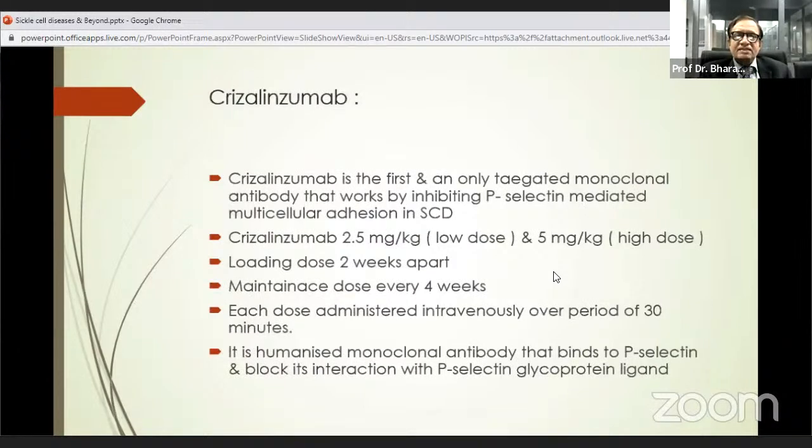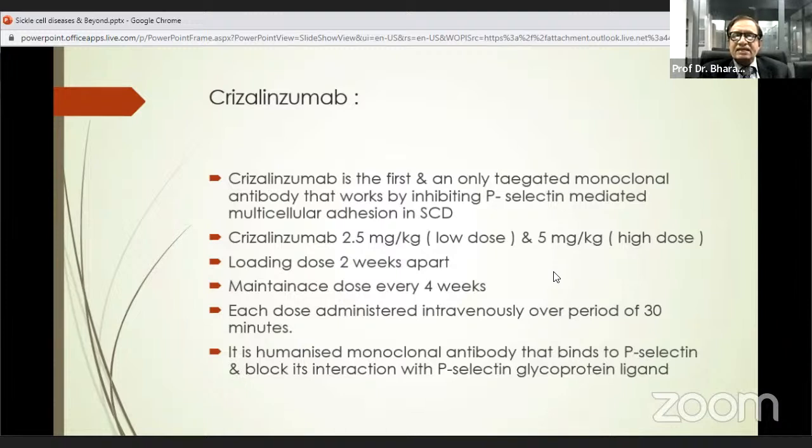Among the newer modalities, crizanlizumab is the first and only targeted monoclonal antibody that works by inhibiting P-selectin and also prevents multicellular adhesion in sickle cell disease. The low dose is 2.5 milligram per kg and the maximum dose is 5 milligram per kg. The loading dose is followed after 2 weeks by another 5 milligram per kg, then the maintenance dose is 5 milligram per kg every 4 weeks, each dose administered intravenously over 30 minutes. It is a humanized monoclonal antibody that binds to P-selectin and blocks